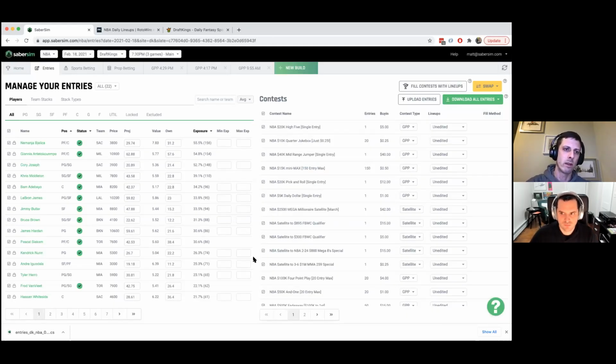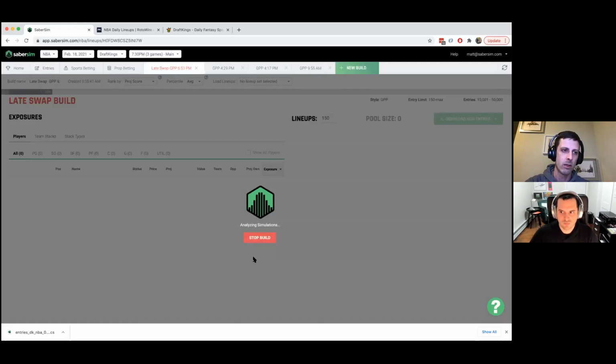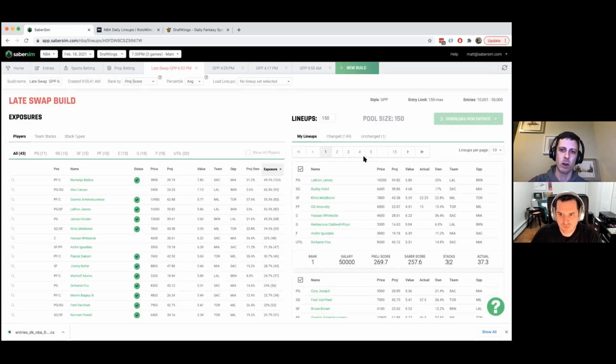And once this finishes, then I can just download my lineups straight from here. So you can actually see what's happening behind the scenes? Yeah, so what we're doing behind the scenes is we're actually sending all of those lineups to our builder, and